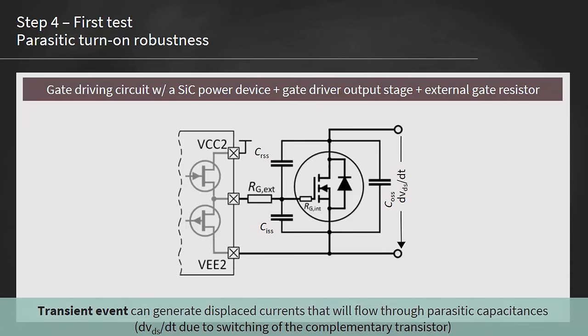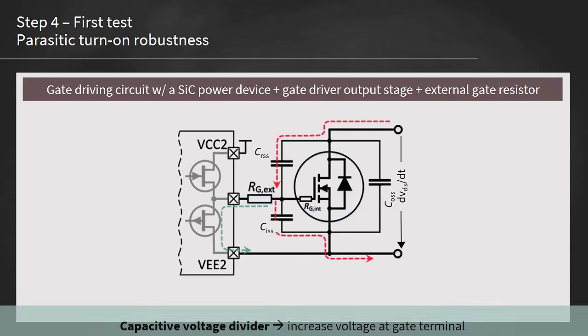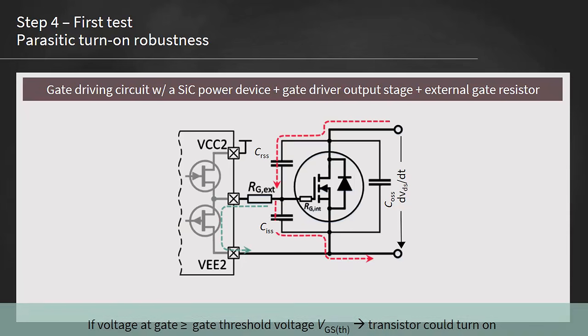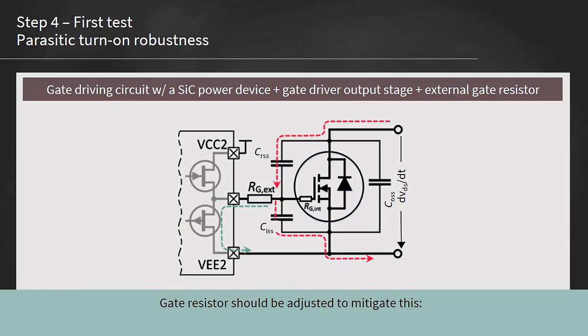In case a transient voltage occurs between drain and source terminal, there will be a displacement current through the reverse capacitance, CRSS, and the input capacitance, CISS. This leads to a temporary voltage increase at the gate node in the power transistor. Moreover, the silicon carbide MOSFET can turn on when the voltage at the gate is at or above the gate source threshold voltage. Note that the gate resistor should be adjusted to mitigate this,